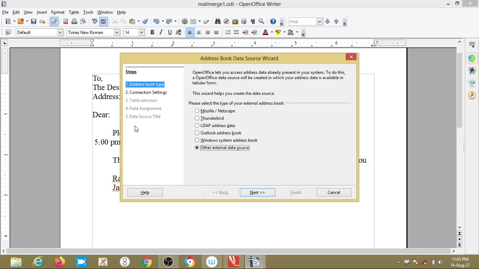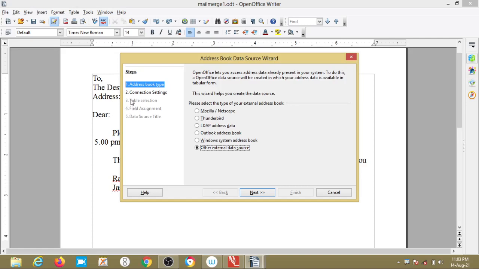So this is covered for 9th and 10th also. Now, data source is over, main document is over, and adding the merge fields into the main document. Here this is the designation, address, dear, that is the greeting. These are the merging fields.